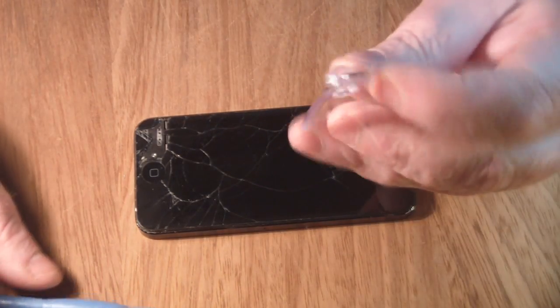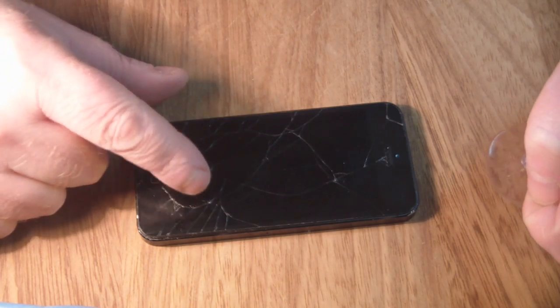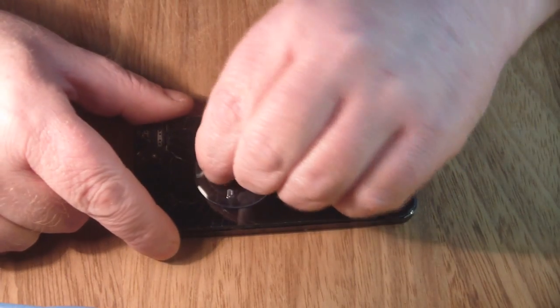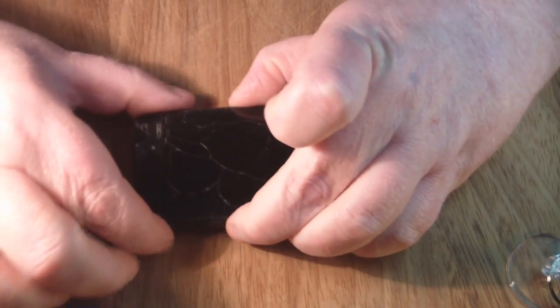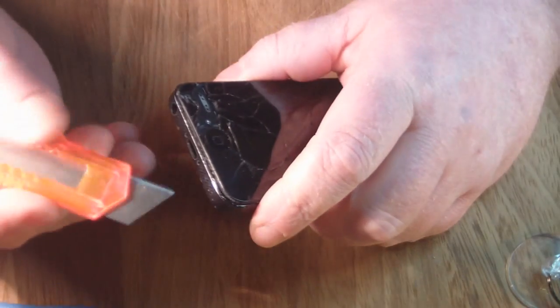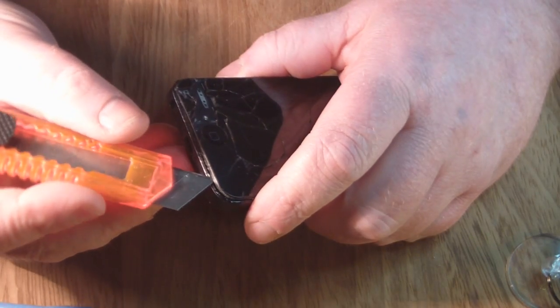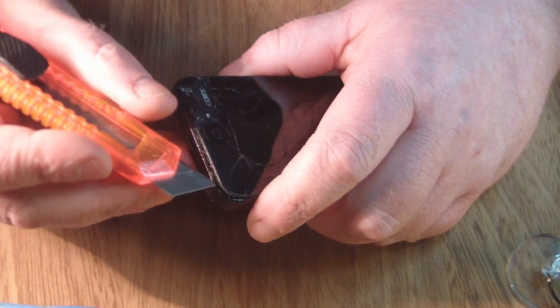So normally in these kits you get one of these little plastic suction cups, but when a screen's so cracked as what this one is, it doesn't actually get enough suction to lift the screen up. So what I've found with the iPhone 5, if you gently just tease up one of the corners with a metal blade, nice thin metal blade that you can get in under there,